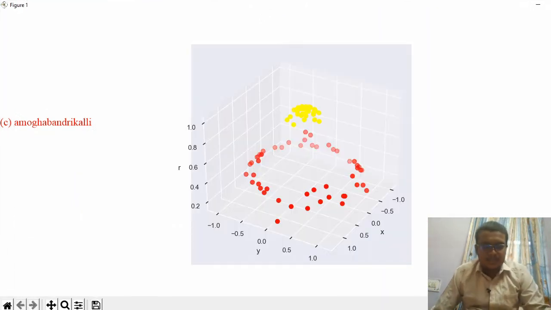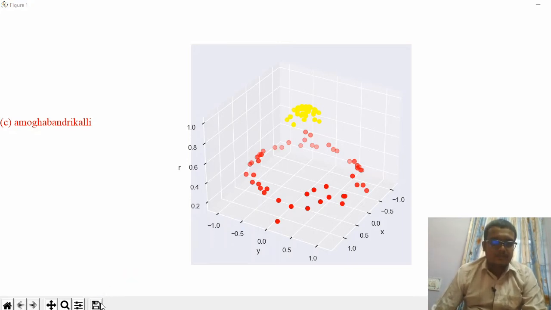Okay, this is a 3D data. We can show the difference here.